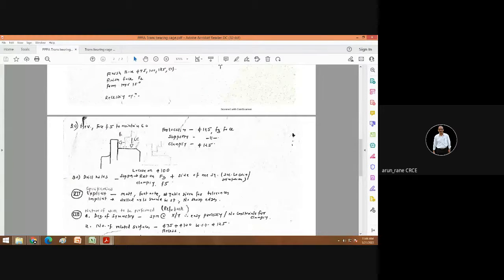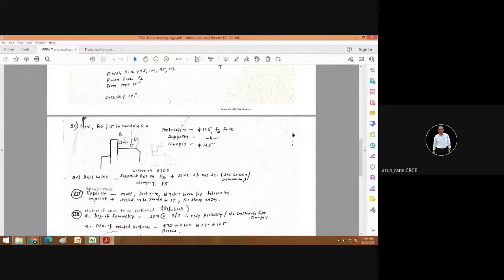Okay, see now where you are holding, see here. You are holding it here in a 3-jaw soft jaw chuck, and you are supporting here. Or you are locating here. Fine. So for location, you are using diameter 125 and you are using this face also. For supporting, whatever surfaces are being located, those surfaces will automatically come for the supporting. So this is also used for supporting. This is also used for supporting. And then for clamping, this diameter 125.